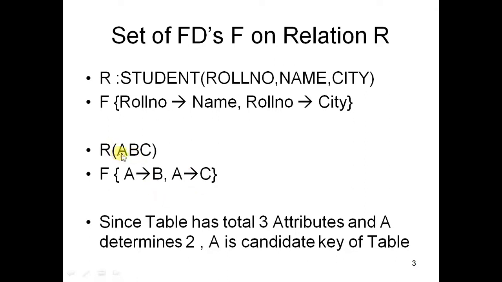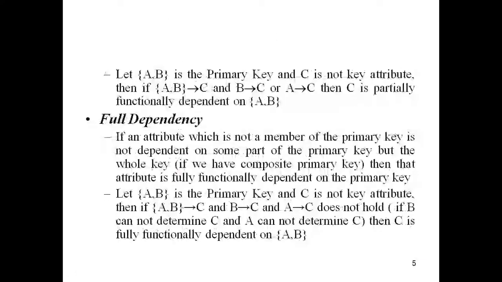But suppose your primary key was made up of two columns A and B, and C was dependent only on A, then it is called partial. That we will see. So partial dependency, for example: if A and B is the primary key and AB determines C, then if A determines C, C is partially dependent on A. Although this should not happen because it can give anomalies, I am telling you just to explain the concept of what is meant by partial.